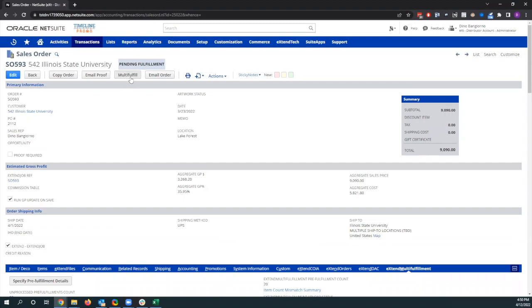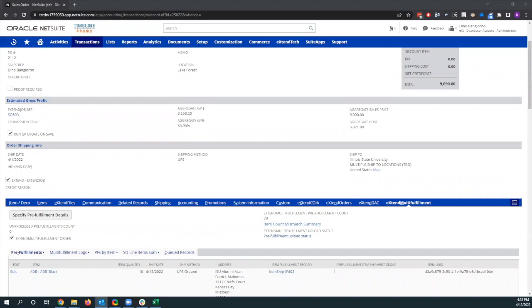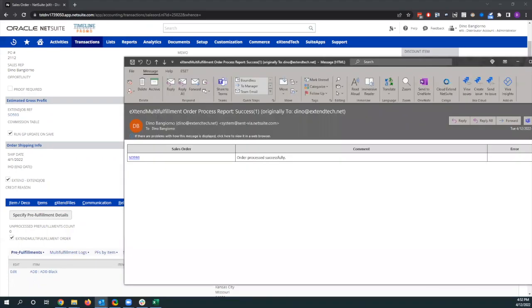Upon execution of this multi-fulfillment workflow button, a MapReduce will be fired off, which will then reconstitute what started out as a singular item fulfillment and create 10 distinct item fulfillment records, 1 for each distinct ship-to location. Once again, as a result of a successful completion of a MapReduce script, the user is notified via email that